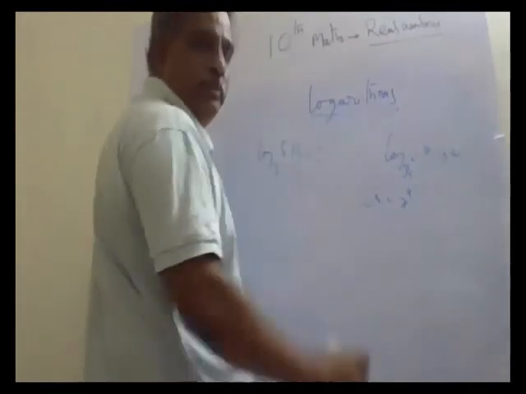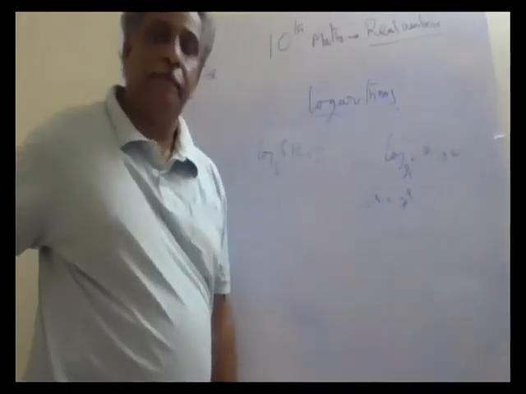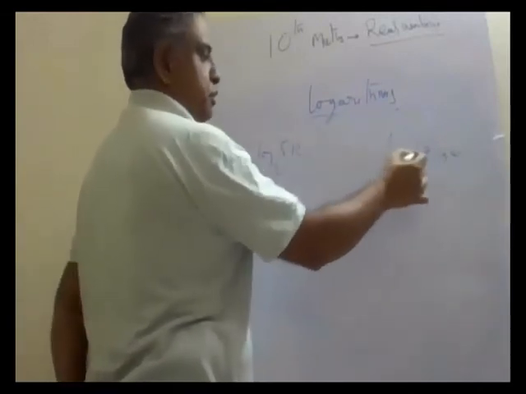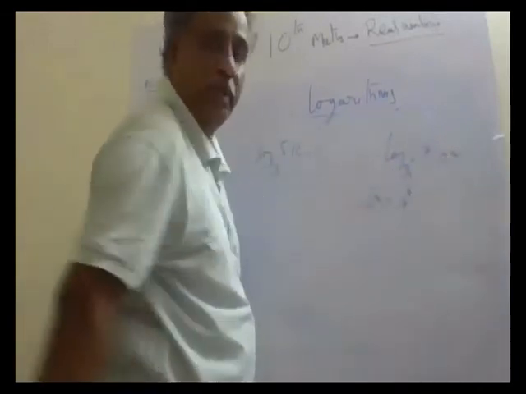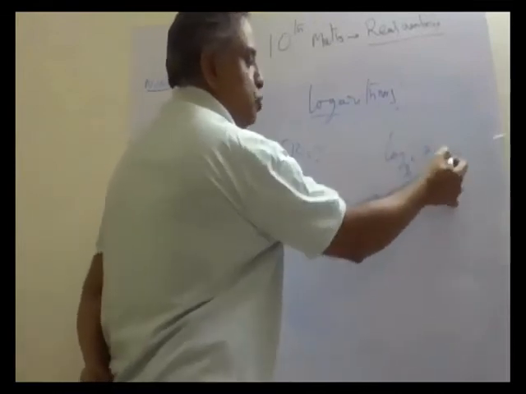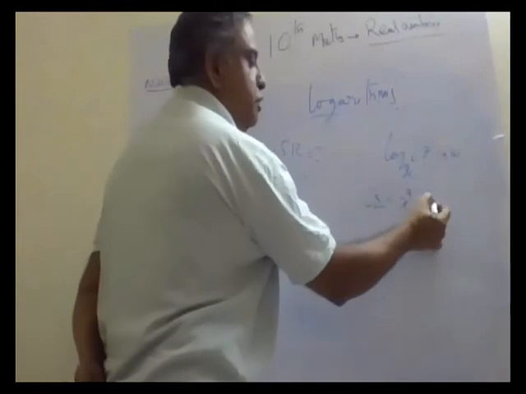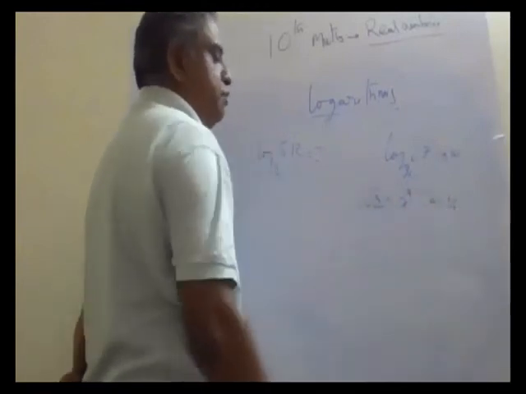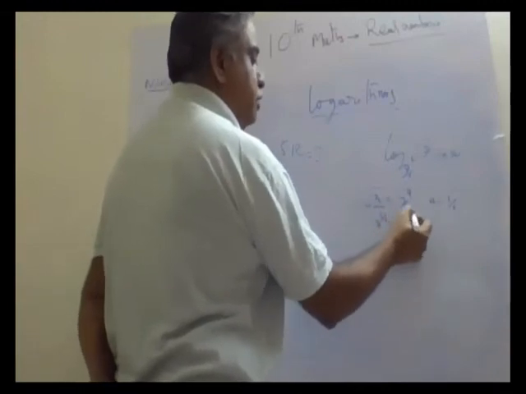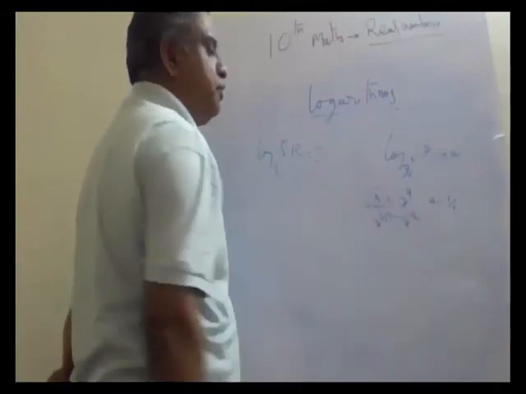Okay, now you see the table is clear. Now we are doing these two problems. Log 5 and 2 to base 2 is how much? Log root x to base x is how much? Let log root x to base x be a. So x to the power of a is equal to root x. Root x means x to the power of half, so x to the power of half is equal to x to the power of a. That means a is equal to 1 by 2.